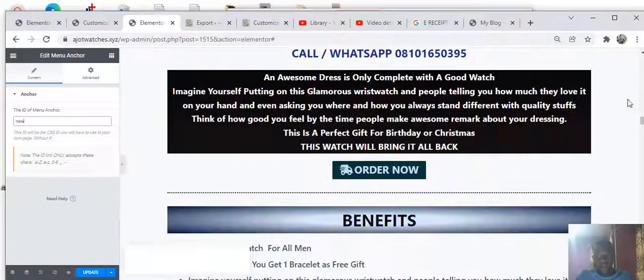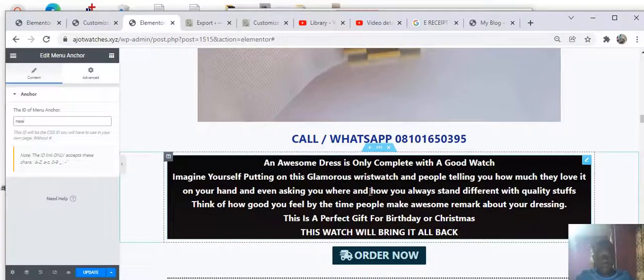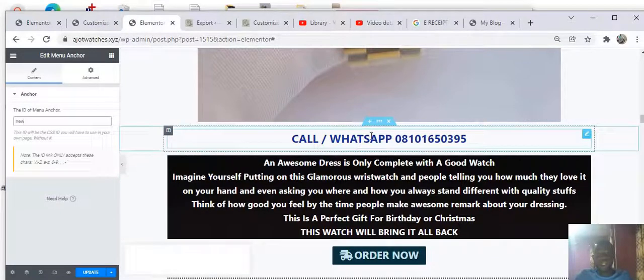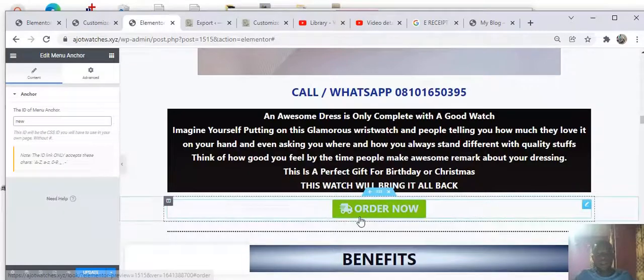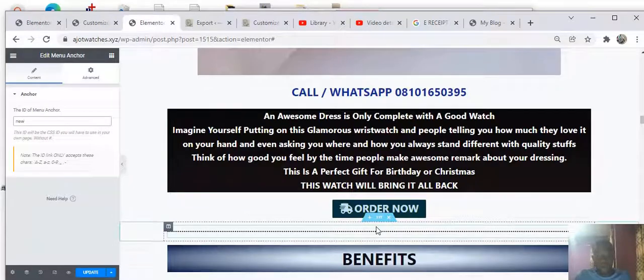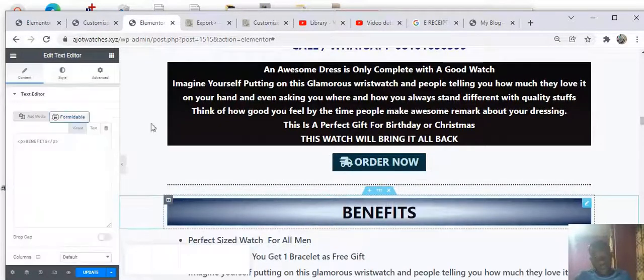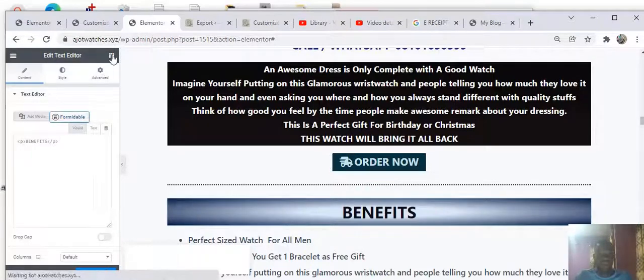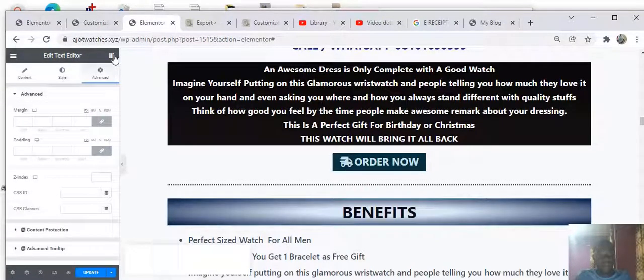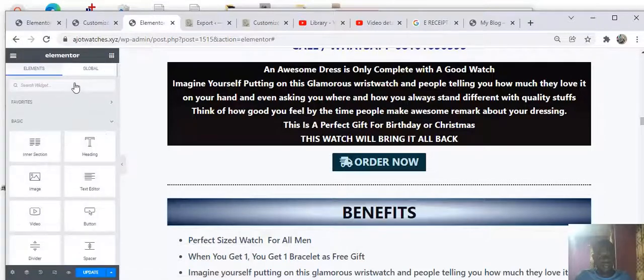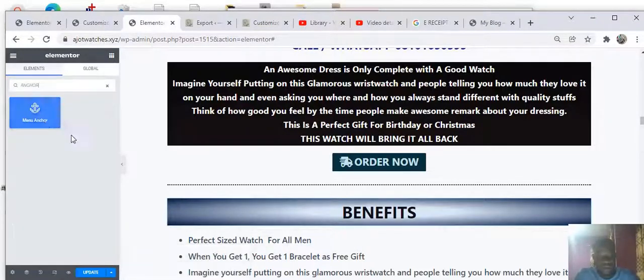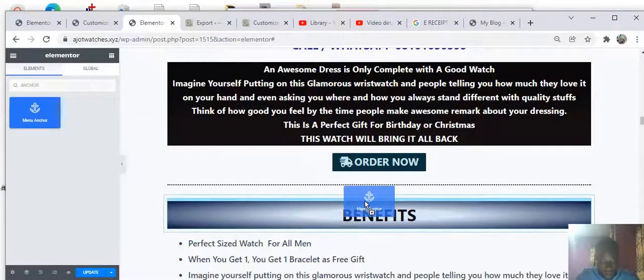I'm going to go up. Now let me say that I want to put this my anchor on this particular order now button. No, let me put it on this particular benefit. So where I have this benefit, let me put the anchor button again there. Let me put it there. So let's search for anchor. If I search for anchor again and then I put it here,